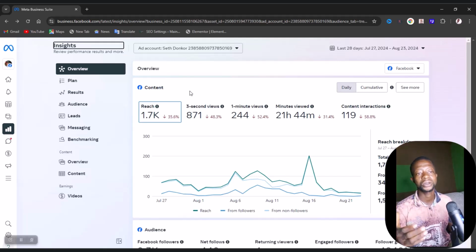When we talk of the algorithm, it talks about how the system or the platform picks content or ranks content on the platform. So if you check on YouTube, firstly YouTube was using SEO. So YouTube checks the kind of keywords that you include, and they use that to rank your video. Now things have changed, they are not